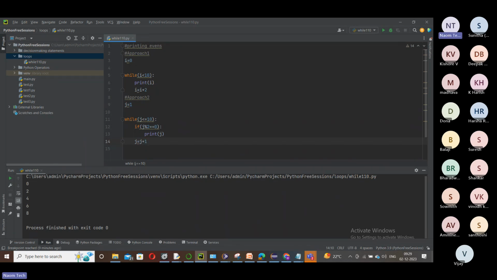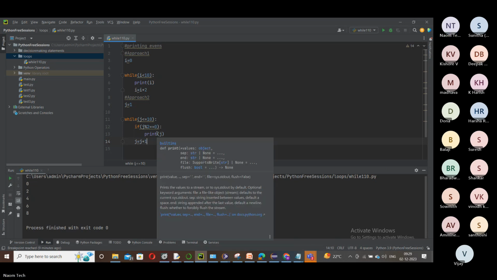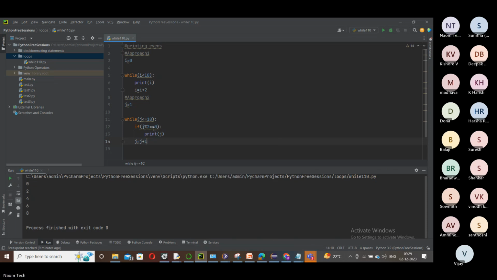What we are doing in approach 2, we are having an additional if block inside while to validate whether this j is even or not. And you can see here now what is the execution flow. Every time the condition is true, this if block checks whether this j is even or not. If it is even, then that j is printed. Else, j is not printed. So this is approach 2. Okay, now let's run it quickly. What we do is run them.